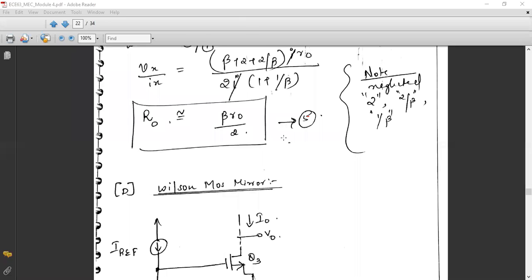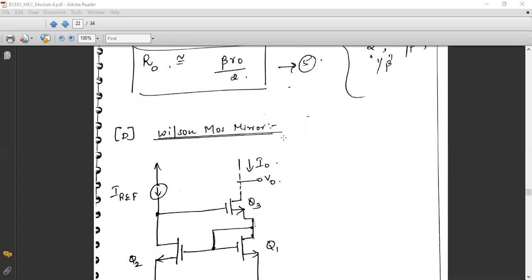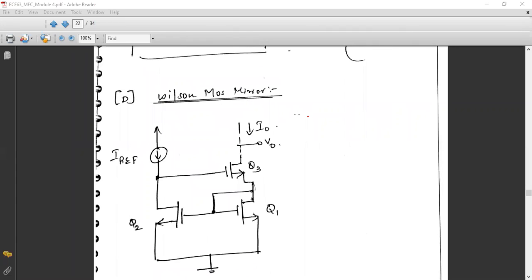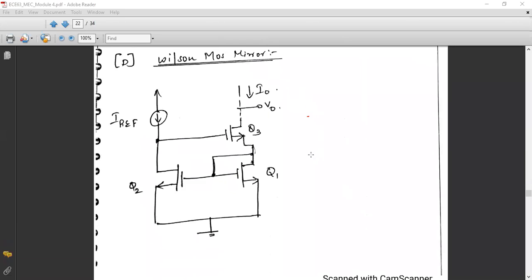Now, Wilson tried to test the same circuit by replacing the BJT with a MOSFET. He took the same configuration and has not changed any connection diagrams. Whatever connections he maintained for the bipolar mirror, he kept as such. The only change he made is replacing the BJTs with MOSFETs. So now Wilson has taken Q1, Q2, Q3, three MOSFETs connected as per the bipolar configuration without any change. Clear? Now draw the circuit diagram, the Wilson MOS mirror.